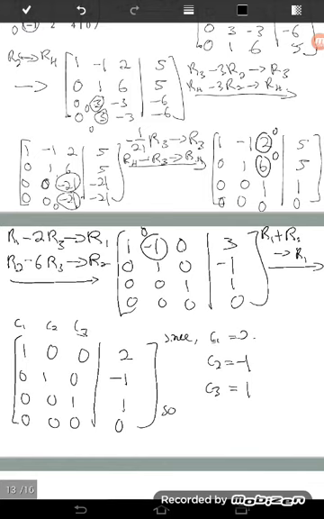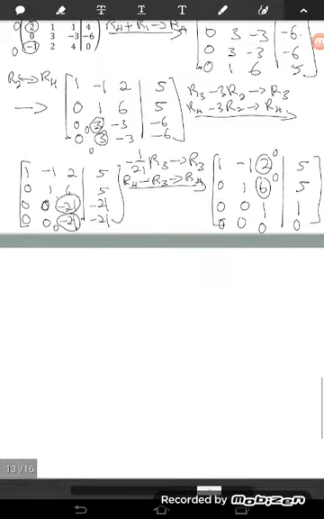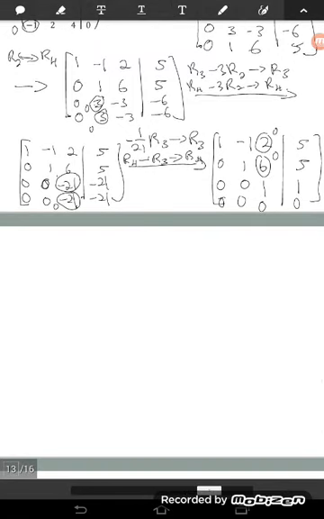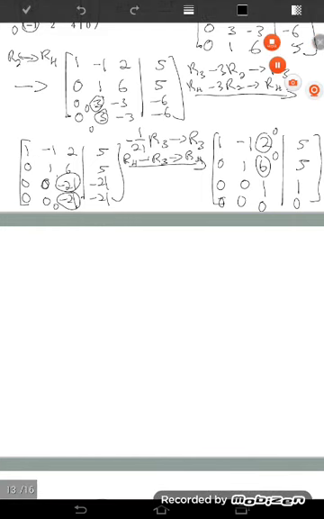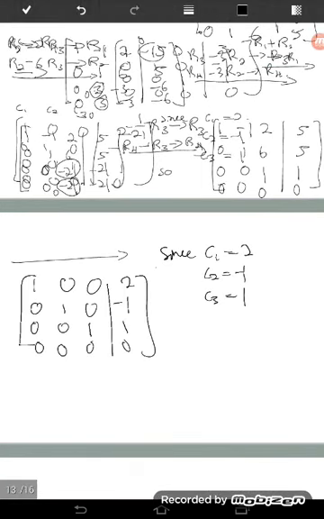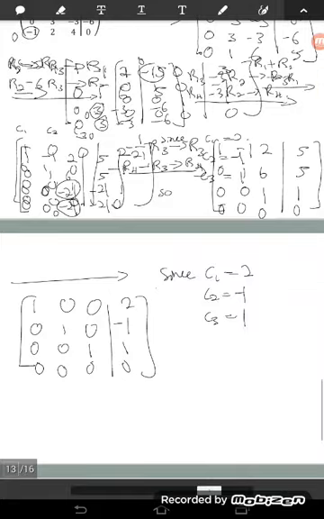So since C1 equals 2, C2 equals negative 1, C3 equals 1, so matrix, alamak hilanglah pula, saya tulis balik. Okay, dah terabur dah. Okay, tak apa, tadi last kali we have this kind of matrix which implies C1 equal to 2, C2 equal to negative 1, and C3 equal to 1.